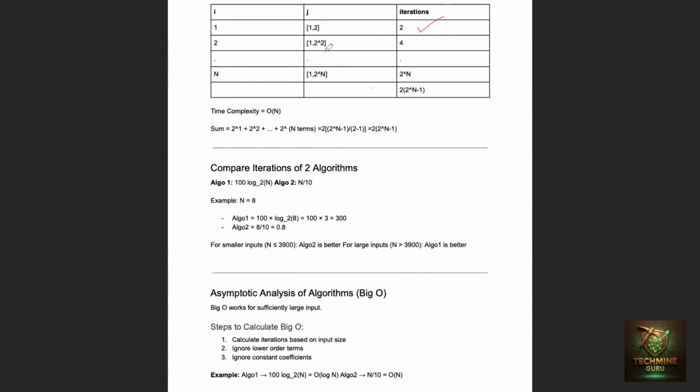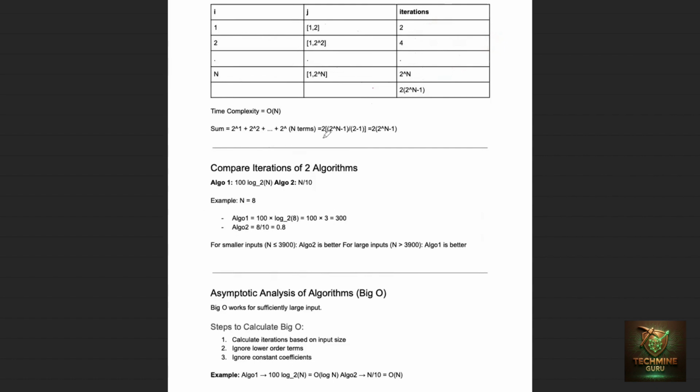When j is running from 1 to 2, how many iterations will it be? 2 iterations. When j is running from 1 to 4, how many iterations? 4 minus 1 plus 1, again 4 iterations. In a similar fashion, when j is running from 1 to 2 to the power n, it will be 2 to the power n iterations. So what will be the total number of iterations? 2 plus 4 plus 8 up to 2 to the power n, which is the sum of a GP,